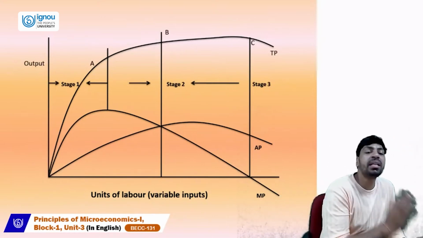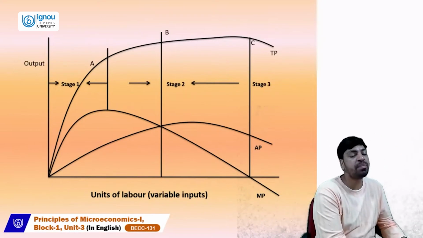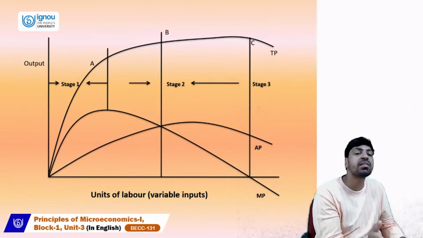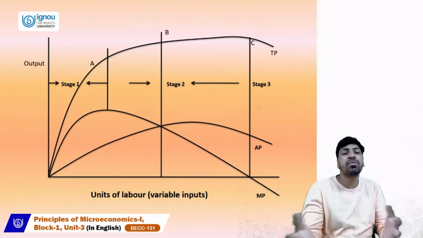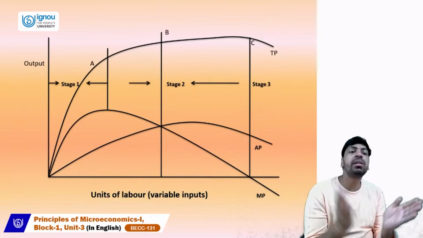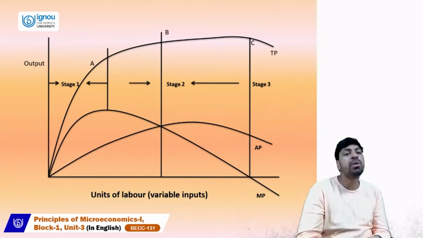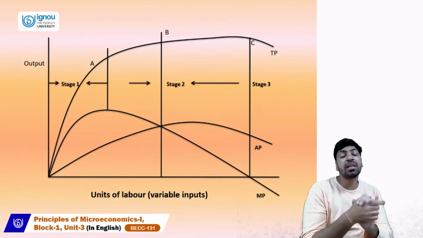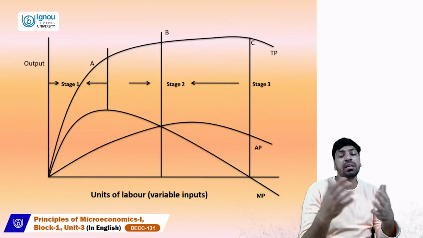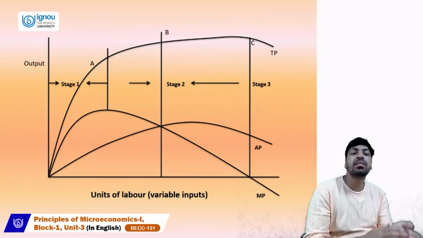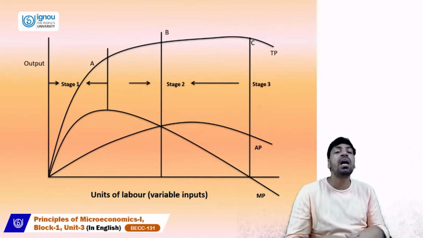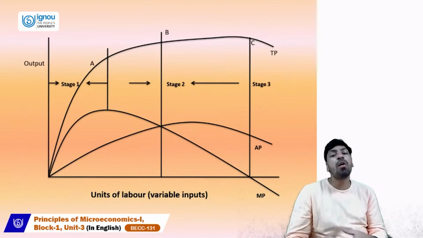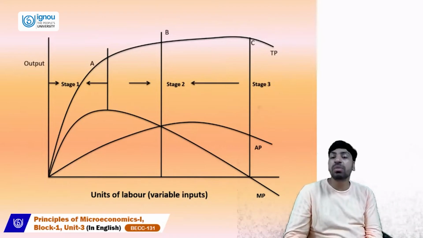There is a rule that at least one factor of production will be fixed, and the other factors of production will be changing according to the situation. So in that particular law, we show the stages of production, whether it would increase, decrease, or be constant. This is a rule. Based on that, we show the law of variable proportion in case of total product,